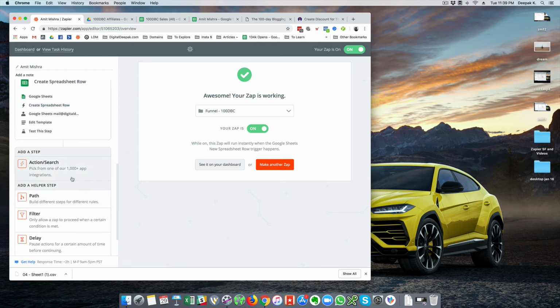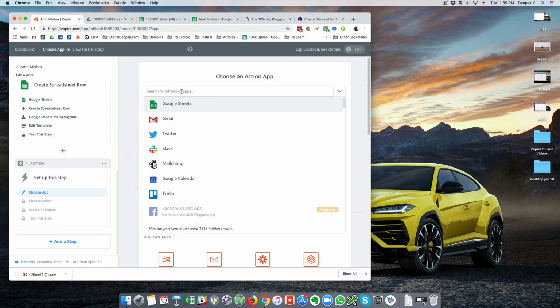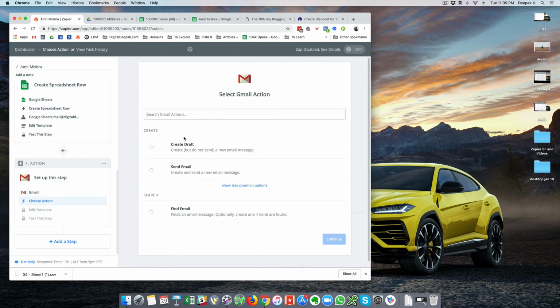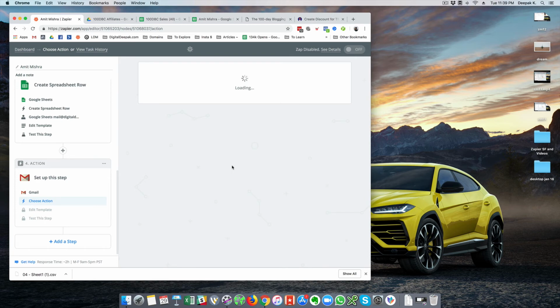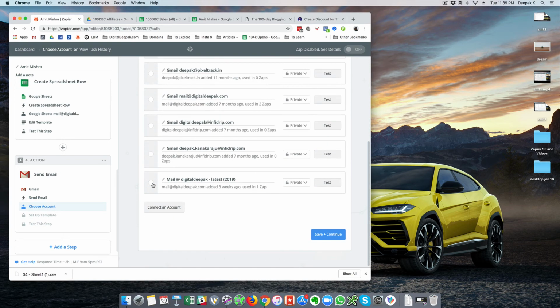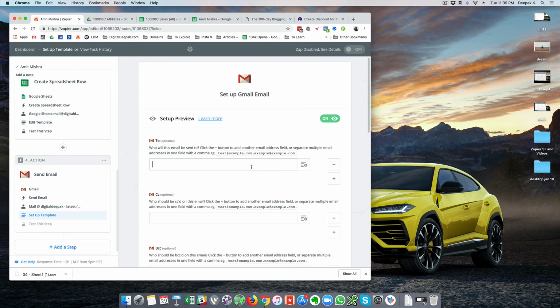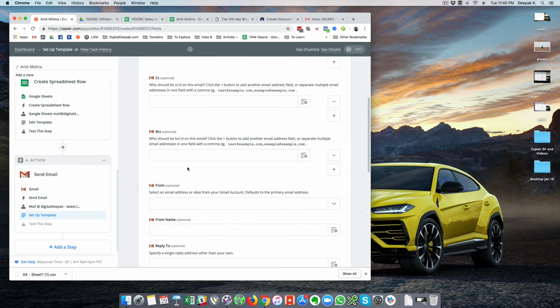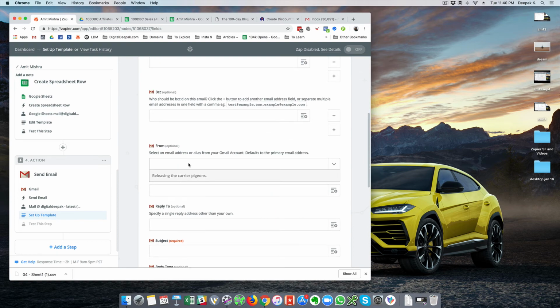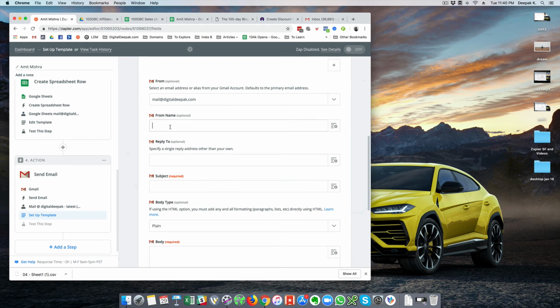So here I can say that I want one more action step, which is going to be, let's say, Gmail, and I will select my own Gmail account in the connection so that I can go ahead and send an email from within my Gmail account, and I would basically inform Amit that, hey Amit, you have made a sale. So here the to address would be amit.mishra.tryutech@gmail.com, which is Amit's email ID, and here the from email ID would be mail@digitaldeepak.com,